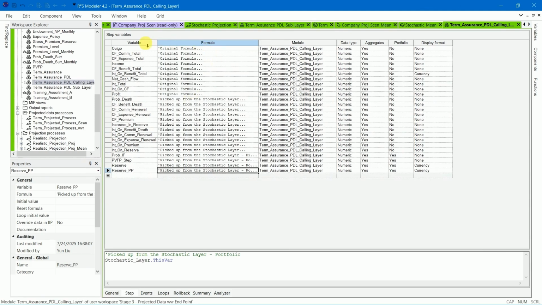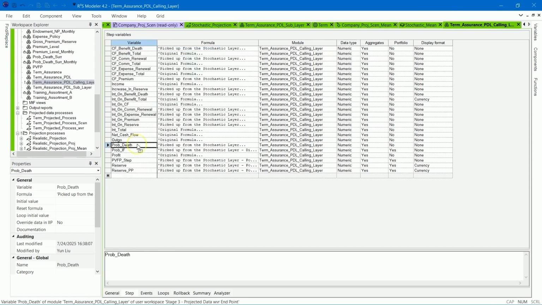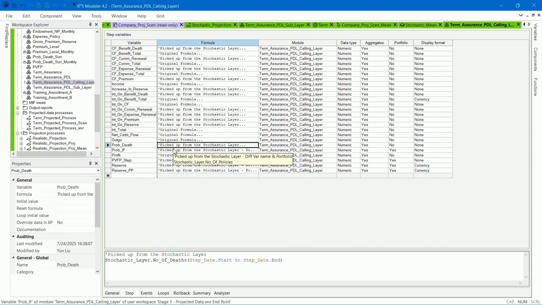For two variables, probDeth and probIf, we need to manually adjust the formulas. Because we are now referencing the mean values returned from the stochastic mean process, the variables returned are named probDeth and probIf themselves, not know of deaths or know of policies.